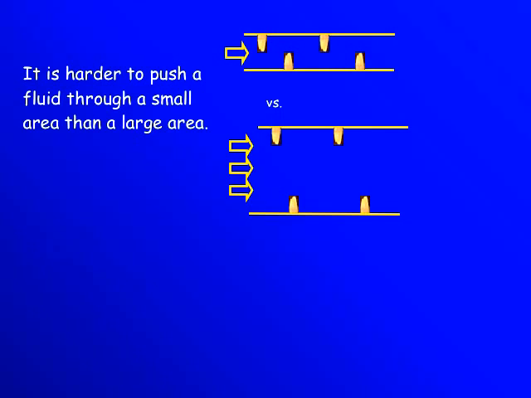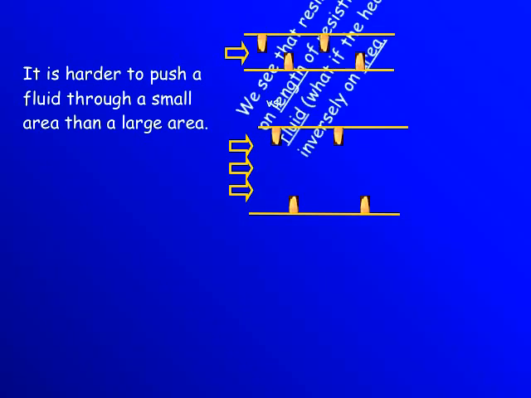Note it's harder for the blood to flow through the narrow tube up top than the wider tube. So if your artery is narrow versus wide, there's more resistance in the narrow part than the wider part. In the bottom tube, the wide tube, more blood can flow without being obstructed by the plaque. Whereas in the narrow tube, the blood is going to have to interact with the plaque. So the wider the area, the less resistance. The narrower the cross-sectional area, the more resistance.